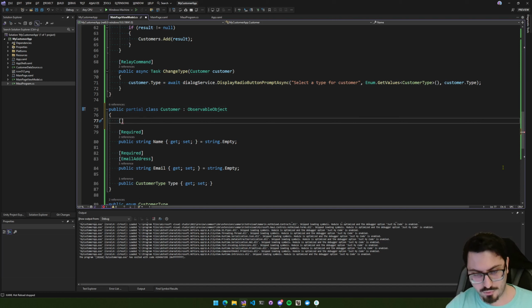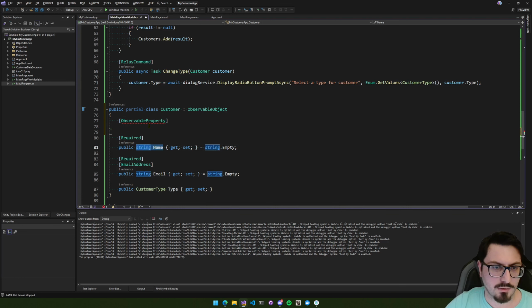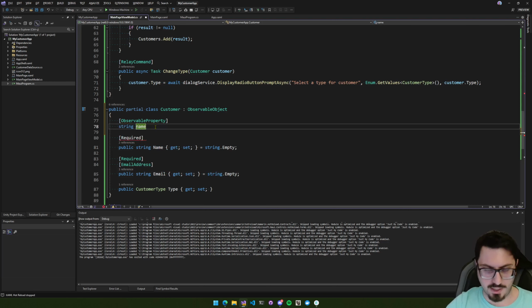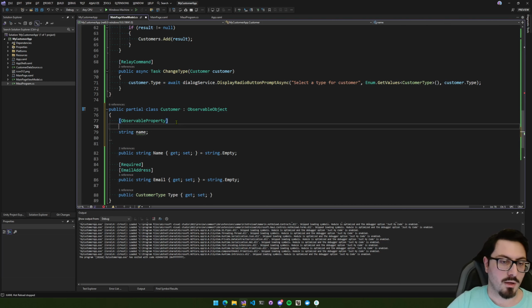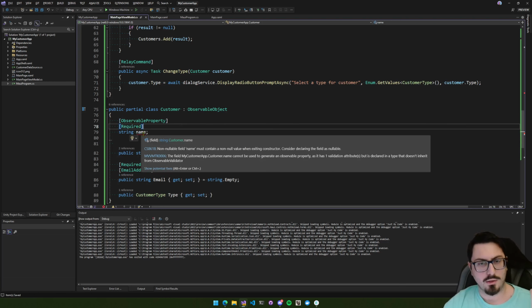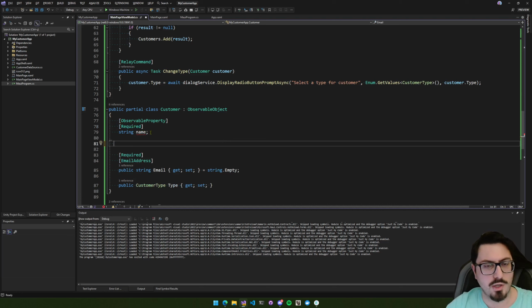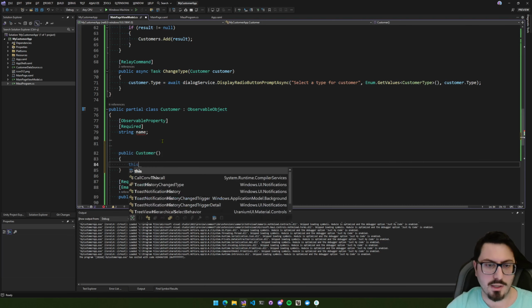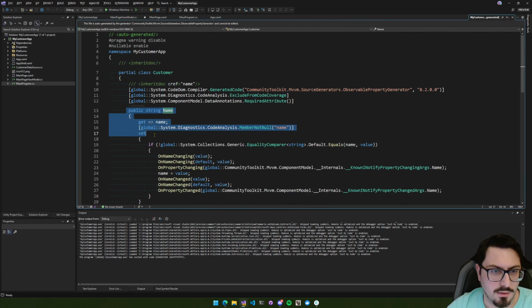We have to use ObservableProperty. This is usage of the MVVM toolkit. I will define a string here with a lowercase name, but I will move the required attribute. But when I define the required attribute on the field, it won't affect the UI because it is not a property, it is a field. So to move this required attribute to the generated property, because you can see the name property is generated by the MVVM toolkit